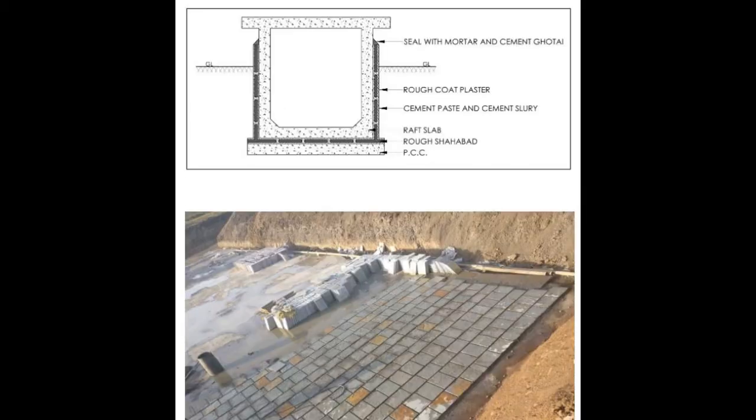But throughout the years it has been said that box type waterproofing has been a very successful one when we talk about basements. Okay, the membranes and all are also equally good, but their application and the method of finishing that is required is pretty intensive. In box type waterproofing, the PCC of the basement is first checked at the level. It should be in a proper level. Above this PCC, the shahabad flooring is laid in cement and sand mortar. It is laid in a staggered manner so that the joint is not continuous.